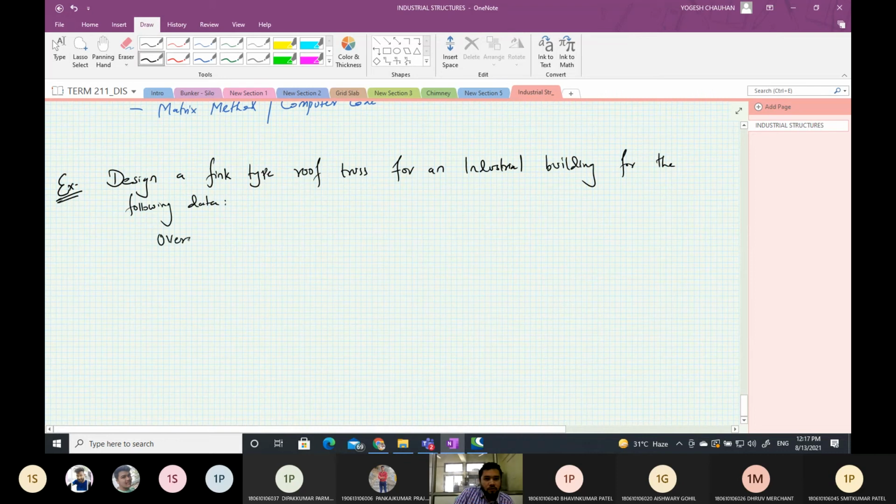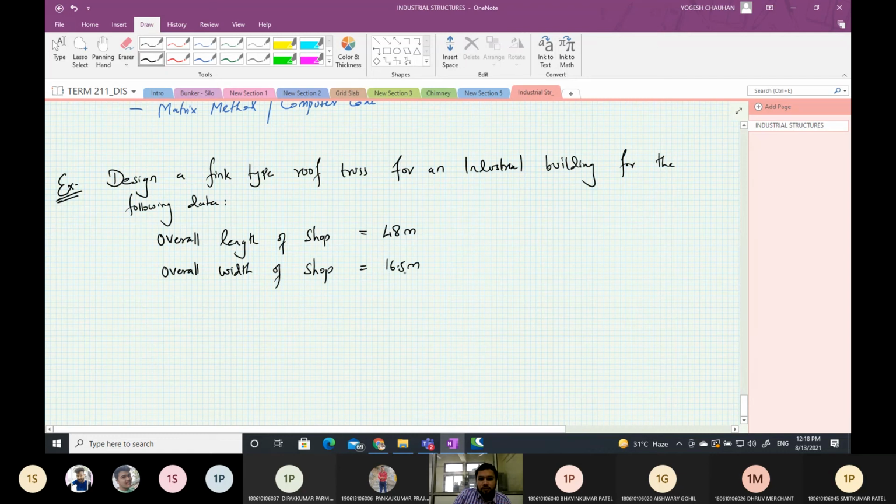One is overall length of shop, that is 48 meter. Overall width of shop is 16.5 meter.